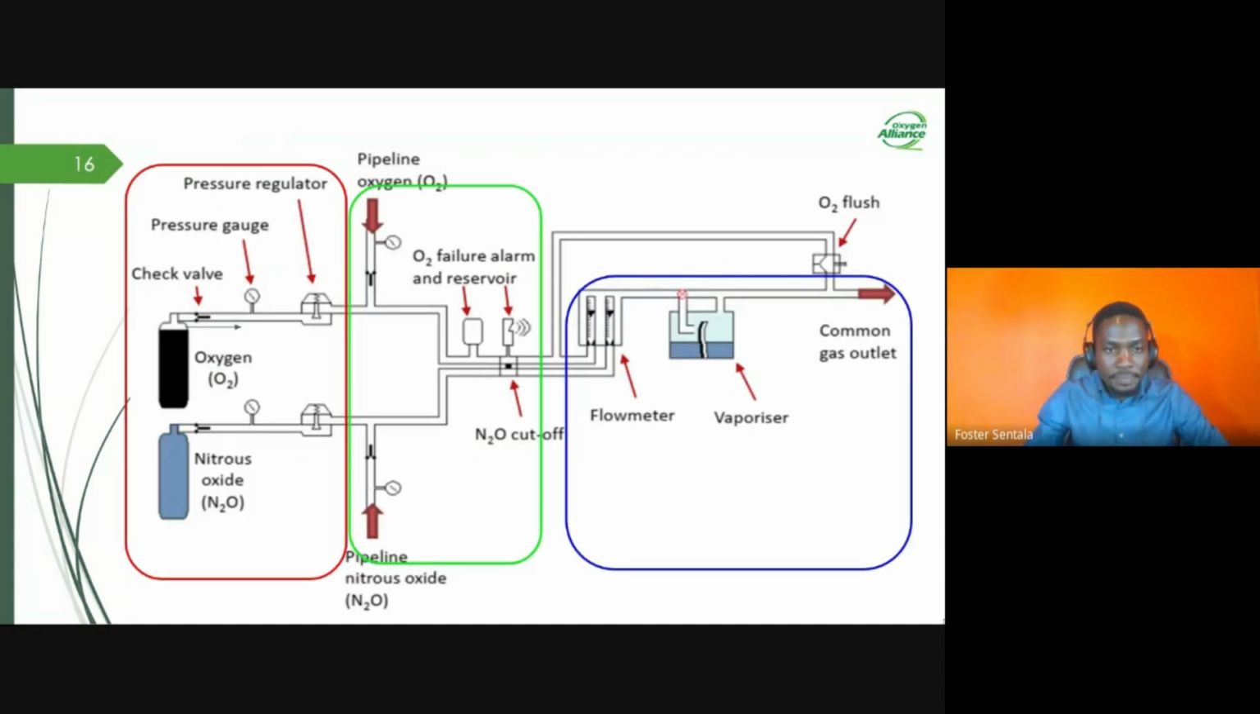Moving on. This is just a pictorial representation of what I was talking about. So painted in red, that is the region where you have the high pressures. So you have your cylinders, the pressure gauges, and the regulators. And painted in green, that is intermediate pressure systems. And to the far right, in blue, that is the low pressure system, comprising the vaporizer, the flow meters, and where you have the outlet of your gas. Moving on,